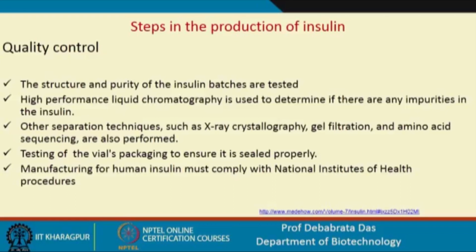Other separation techniques such as X-ray crystallography, gel filtration and amino acid sequencing are also performed. These are the different analytical tools available to find out the characteristics of the molecules and to get more purified products. And testing of the vial packaging is to ensure its